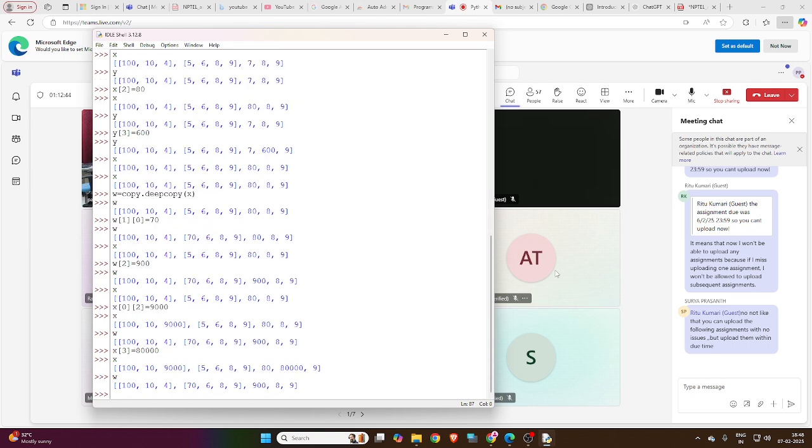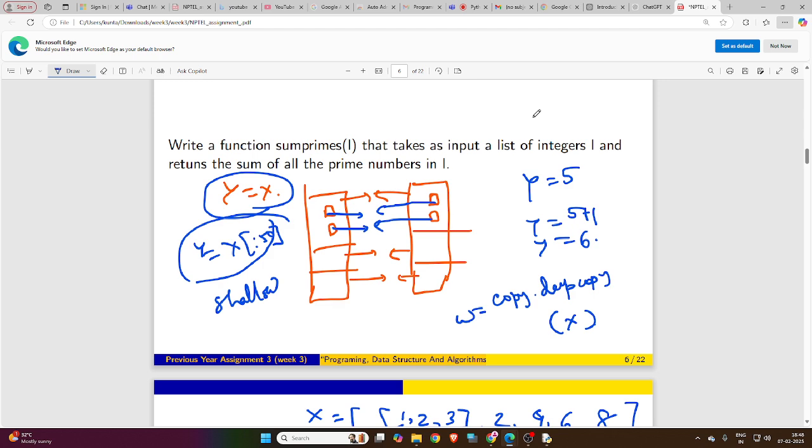Okay, so deep copy and shallow copy, I think it is now a little bit clear to all of you, and there were three things: deep copy, shallow copy, and assign case. Okay, now maybe we can move to the